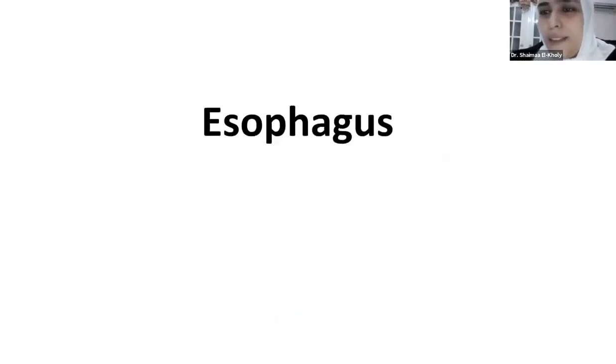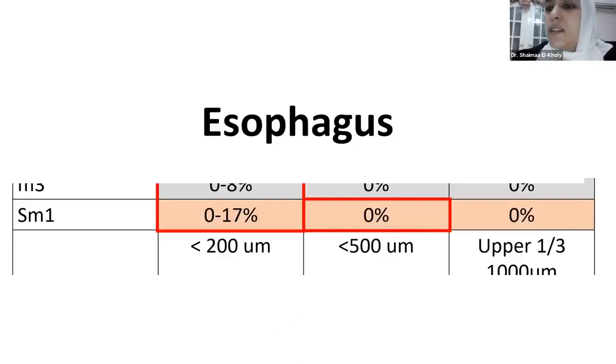Okay, but it will not be practical if I bring all the guidelines in one lecture. I will need a series of lectures. I just want to show you that it's not only the depth of invasion that is regarded as an indication for ESD. In each organ, we have an extra thing. I'm giving just an example. It's not the whole guidelines. And I will show you the links of the guidelines at the end of the presentation